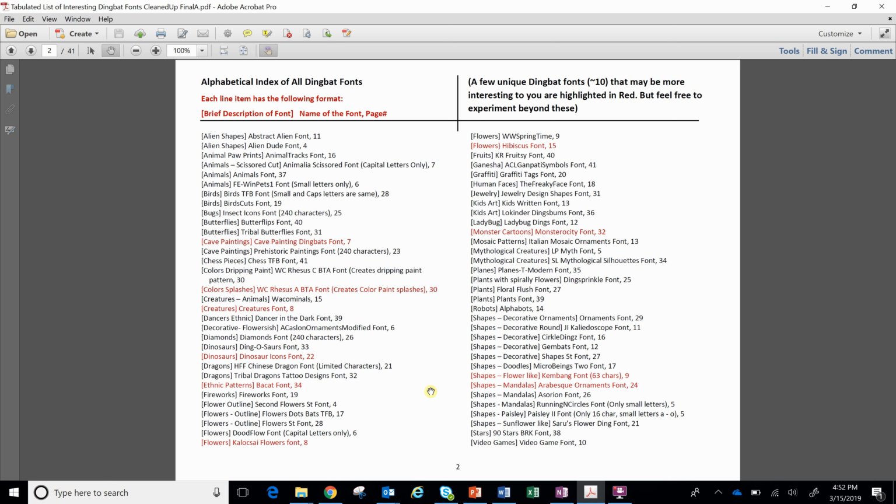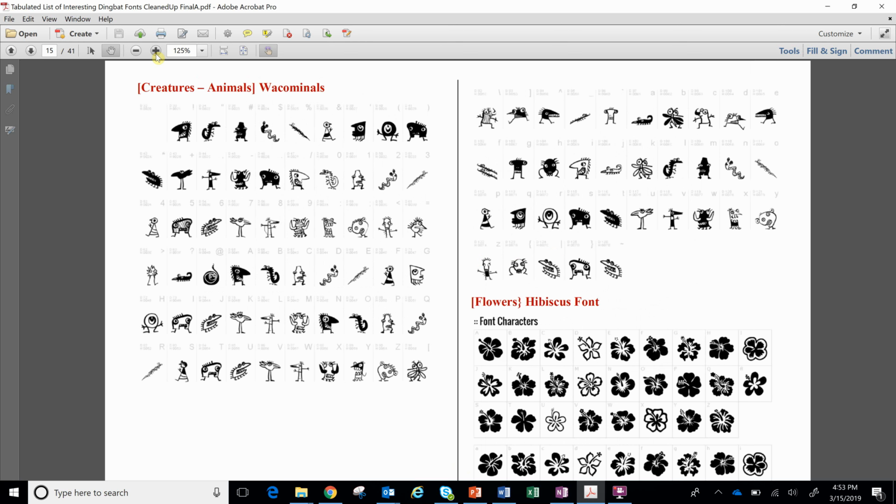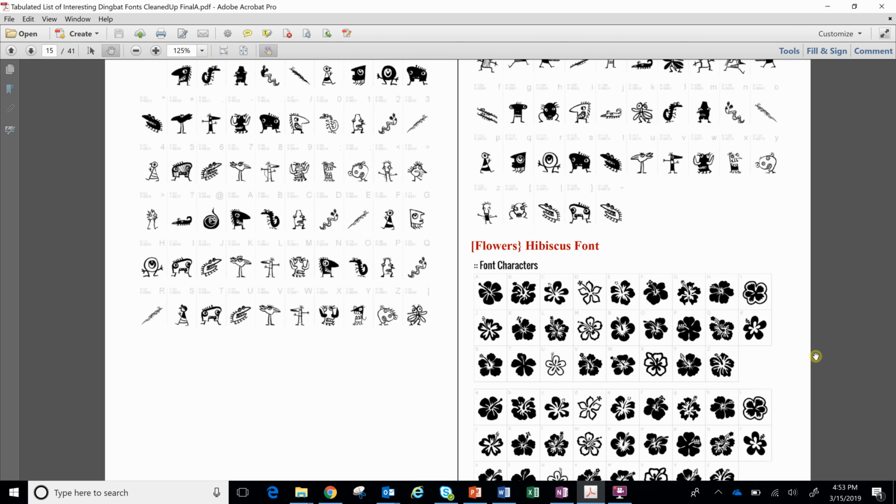For example, in my case, I like a flower font. So I'm going to pick this flower font called Hibiscus. It's on page 15. So I go to page 15 and I should find this hibiscus font. So basically, this is a picture of how the hibiscus font looks like, and you can see the character